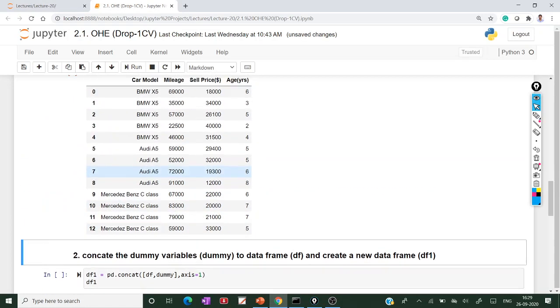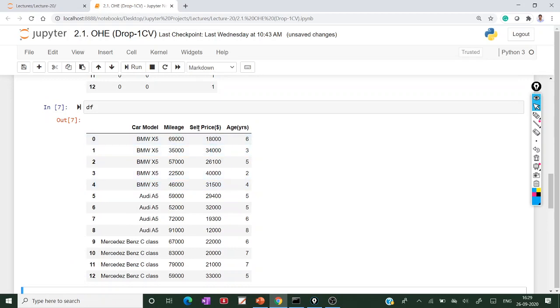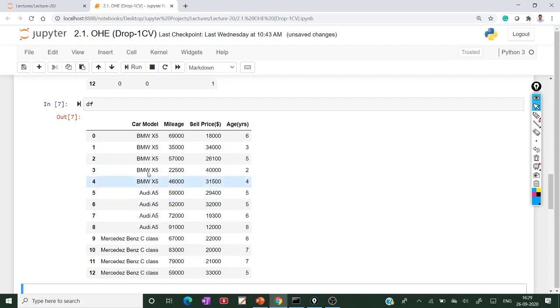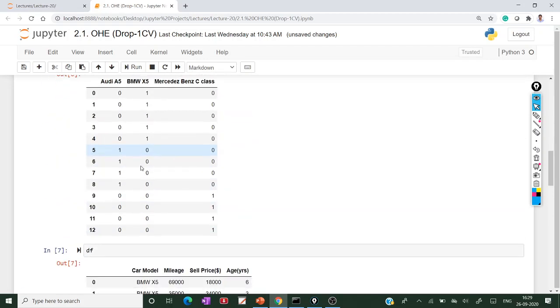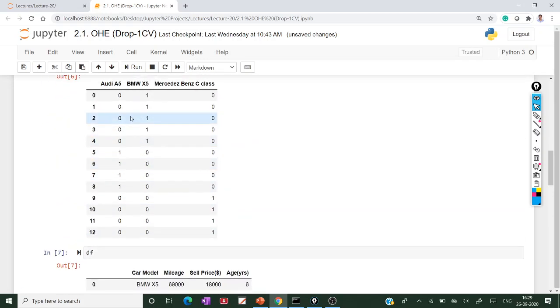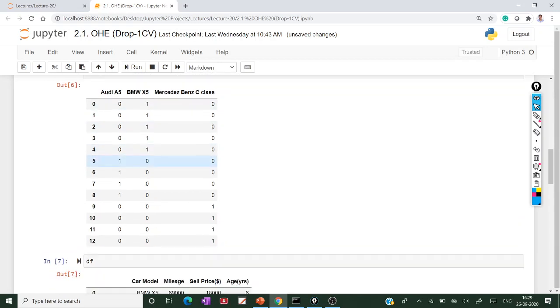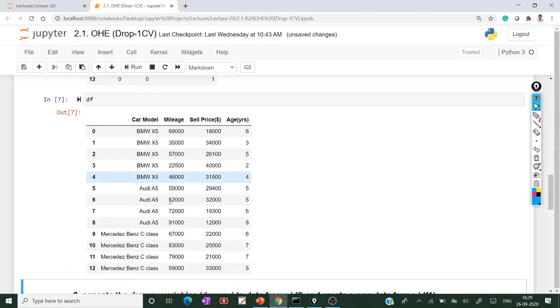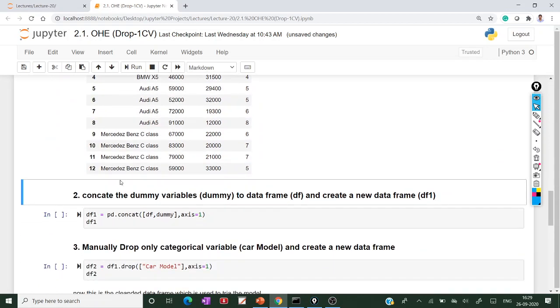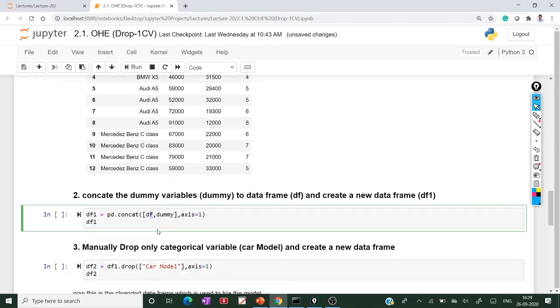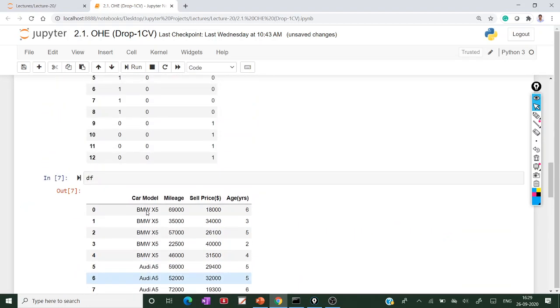Actually this is our data frame: car model, mileage, sell price and age. This is my data frame and this is my dummy variables. So I have to concatenate these 2 data frames, the dummy one and df, by using pd.concat.